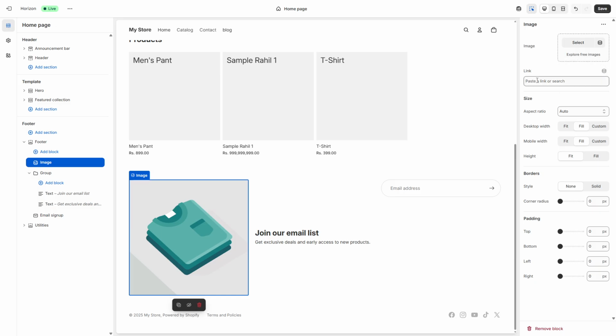This is where you'll paste the URL you want the image to link to. It can be a page on your store or an external site. Make sure you include the full URL, including HTTPS, to avoid broken links. If you're linking to a page within your store, copying the link directly from your storefront in a separate tab can help prevent typos. Take a moment to double-check that the correct image is selected and that the link is